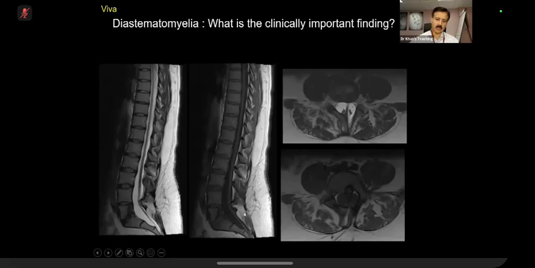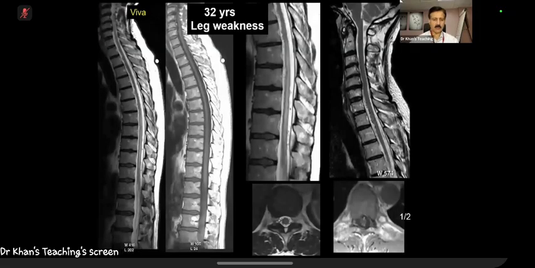But in this particular case, what is happening is that it is tethering the cord. Usually, the conus in 90% of the patients is at L2 level. So this is the conus sitting here. Usually it is up there at L2 level. In about 10%, it might be at L3 level, but it should not be sitting here. Now, cord tethering can be symptomatic, and these patients might present to you at the age of, let's say, 20, 25, and they will have a lot of symptoms. So at times they do surgeries where they remove this attachment here, and that helps them symptomatically speaking. Okay,